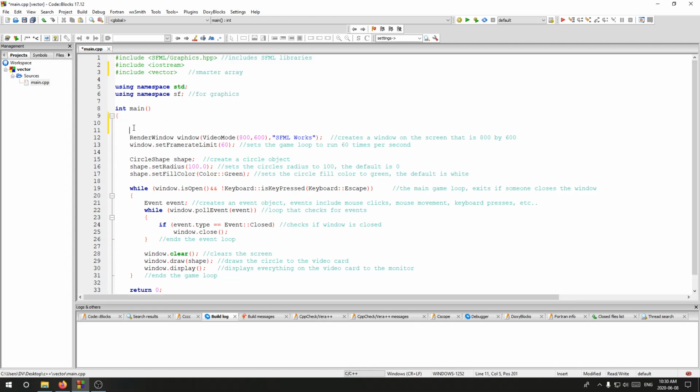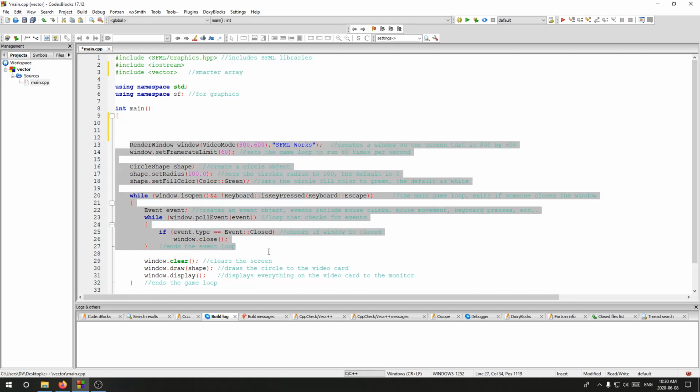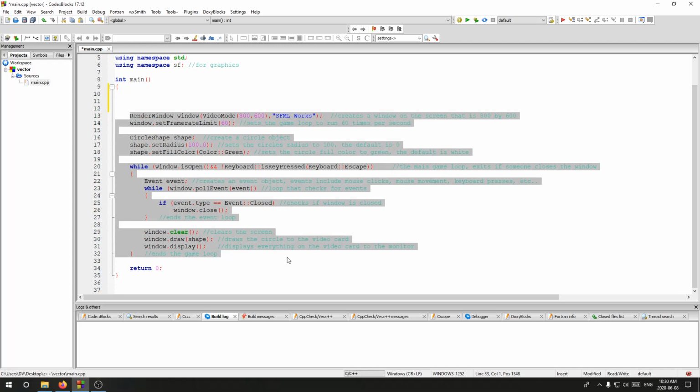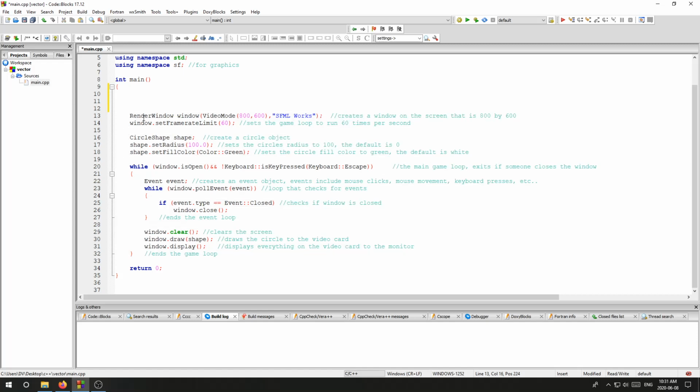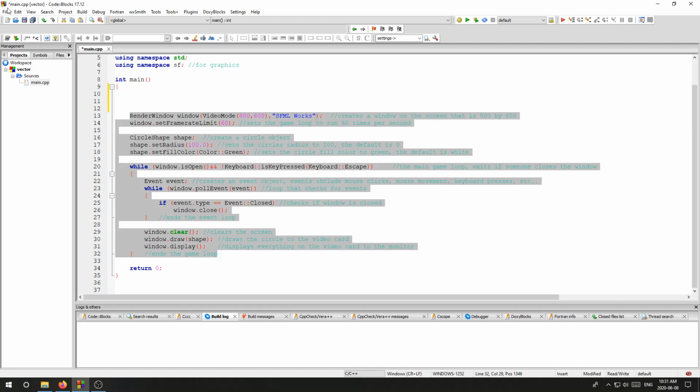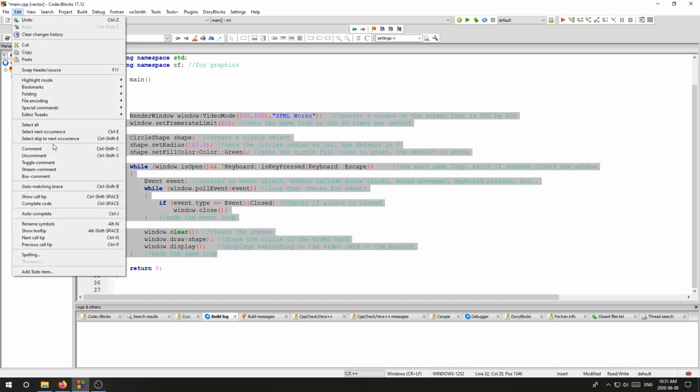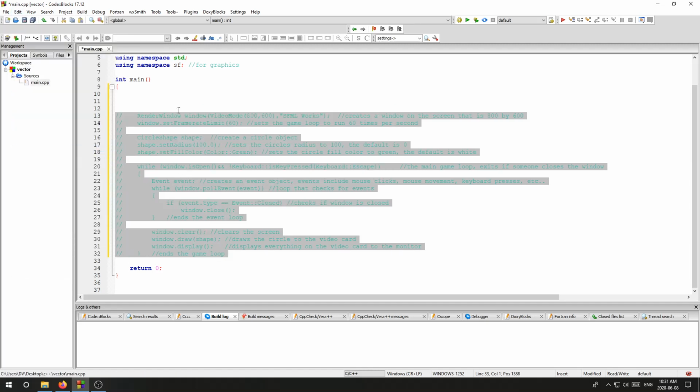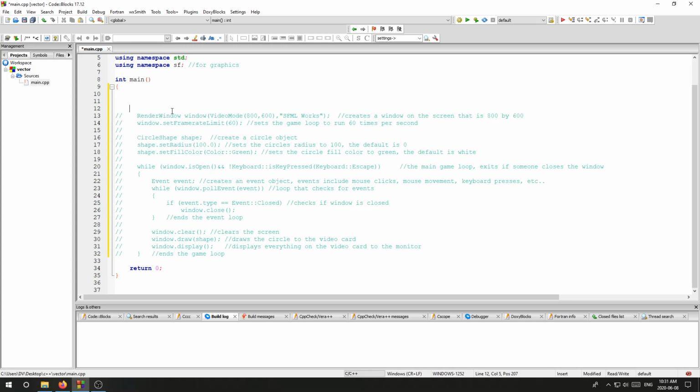I'm just going to comment all of this code out for now, but I will use it later. How do you comment again? Control Shift C? Oh, it doesn't work. Edit, comment. I did press Control Shift C. I don't think my Shift key works anymore. Okay, so